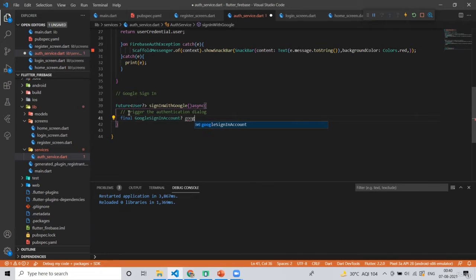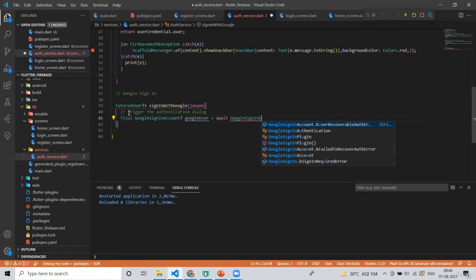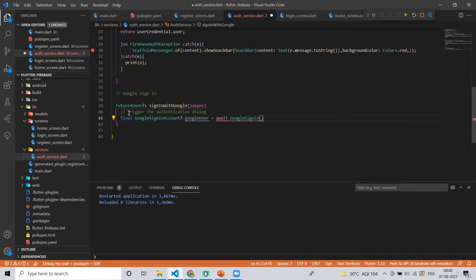Name it Google user and simply await Google sign in user, Google sign in dot sign in. Okay, so this code brings out the pop-up menu to choose your Google account.